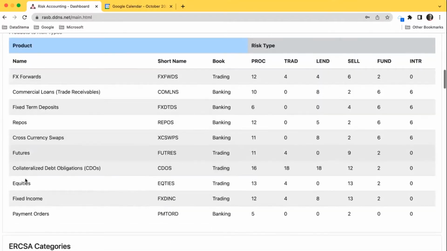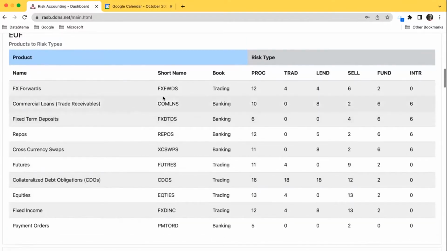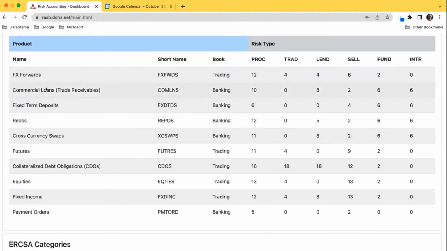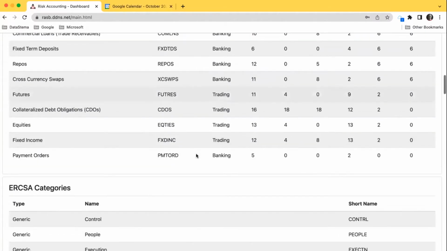The EUF, the famous first factors that we take into account. They are specified by risk type. So for each product and for each risk type, we have an EUF, depending on how the risk affects the product. For example, for commercial loans, we don't have trading risk, since we don't trade that. Then you have the